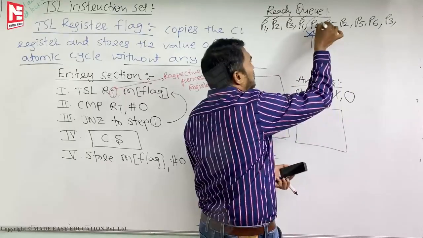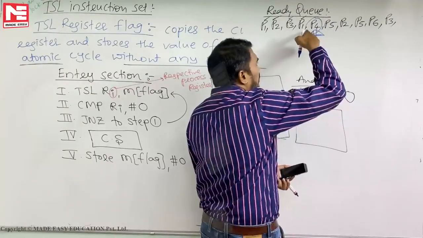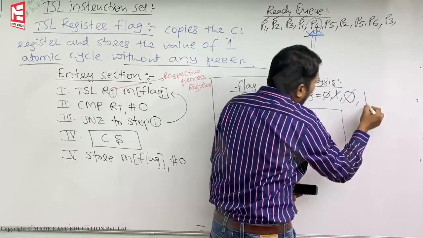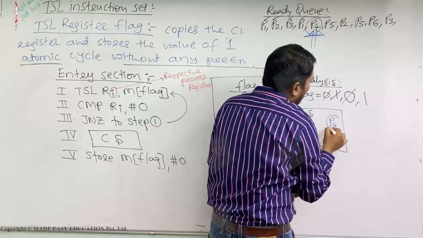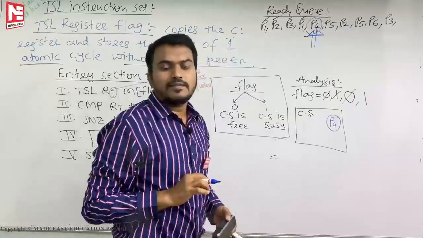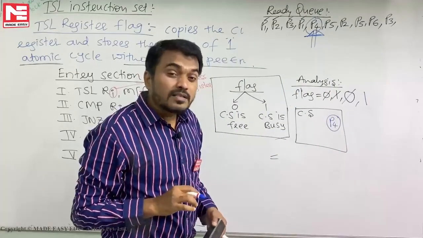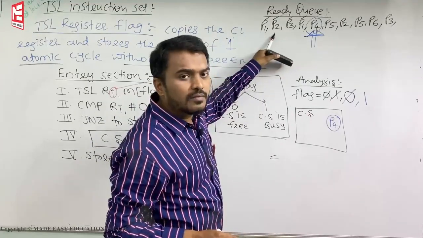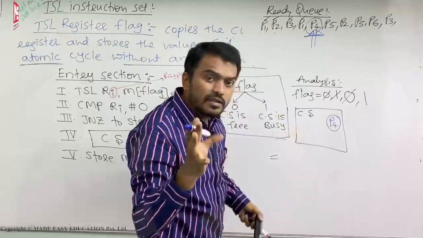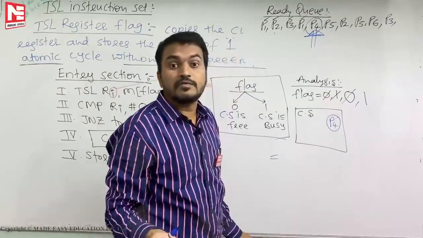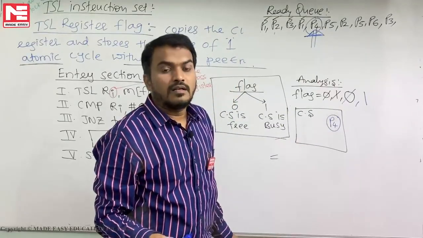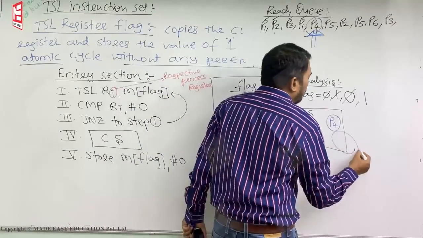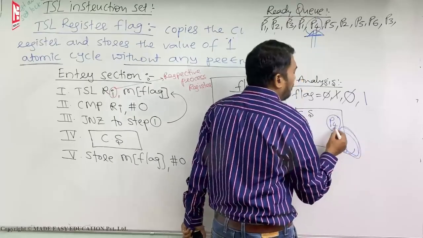Now remember, when you are scheduling P4 here, P4 is getting the flag value as 0 and it will make the flag value 1 and it will immediately enter into the critical section. Look at here. So it means what? Actually, after P1, which process came into the ready queue? P2. But P2 is not going to the critical section. Who is going to the critical section? P4. Is that clear? So in the same manner after P4, समझो P5 आया, P6 आया, P7 आया, P10 आया,